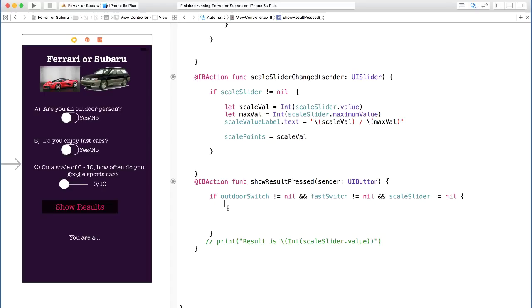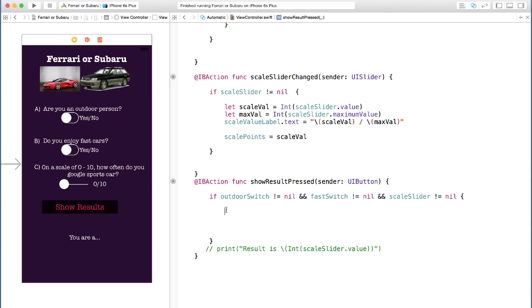Inside here, we are going to have another if statement. So what are we going to check for here? We're going to check to make sure that the user has at least selected or answered one question, because we don't want cases where the user just comes in and says show result when they haven't answered any question. That would defeat the purpose. So we want to make sure we account for that.